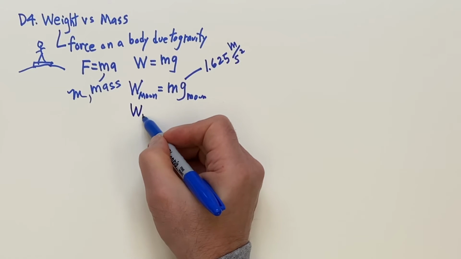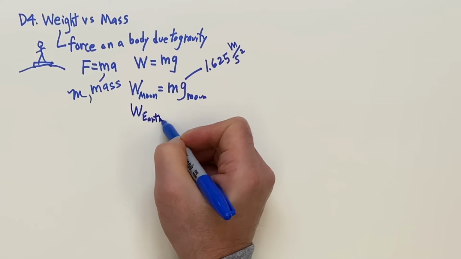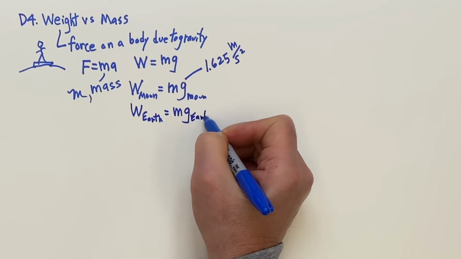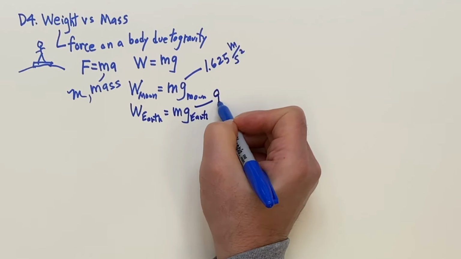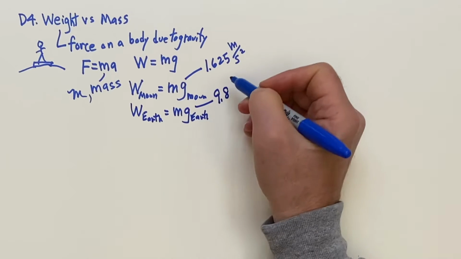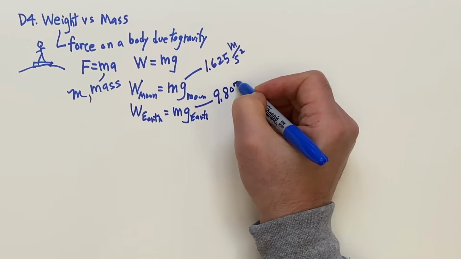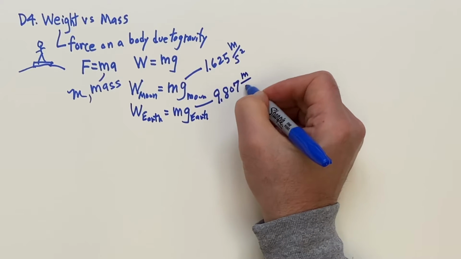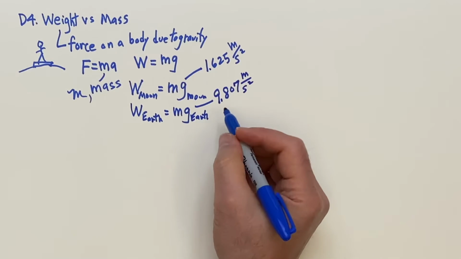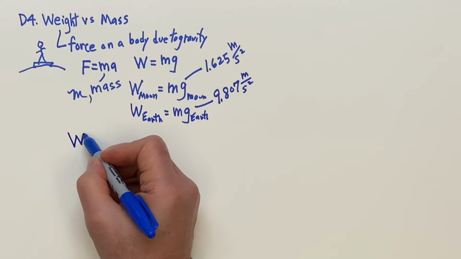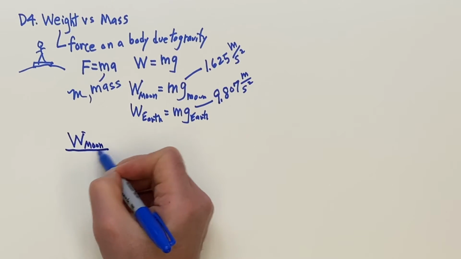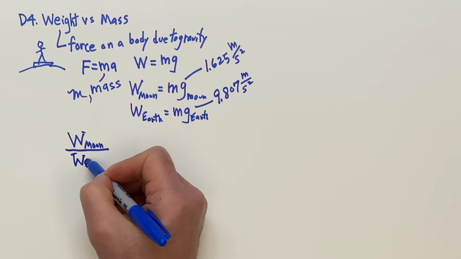So on the Earth, the weight is mg Earth, where this is the 9.807, and you know, you could use the standard value. If you round it off to 4 significant figures, the accepted value is to do that. And then if you were to compare the weight on the moon to the weight on the Earth,